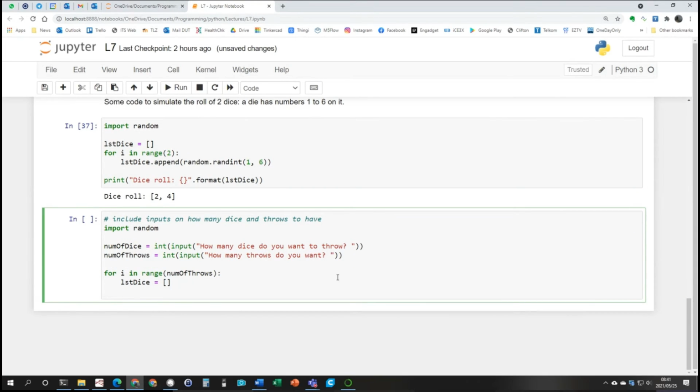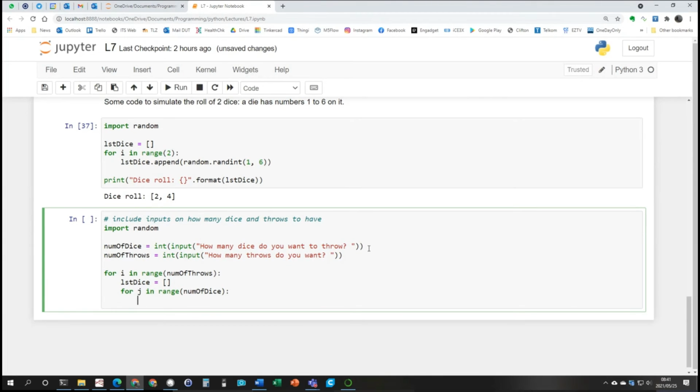Next, we set up another loop structure for the number of dice we want to throw. So I'm going to say for j in range, num_of_dice. And then finally, we can now generate those numbers and put them into our list called lst_dice. So lst_dice.append